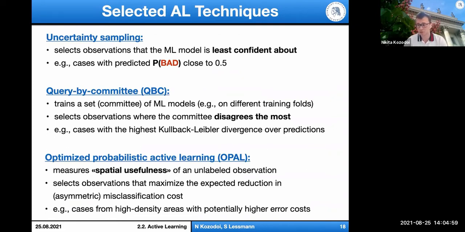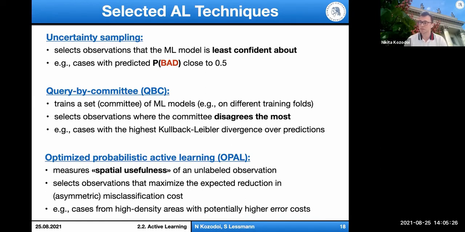I will not go into a lot of detail describing how they work exactly, but just to give you a rough understanding about the main intuition behind how these techniques work, I will explain the main ideas. So we look at 3 active learning methods here. One is uncertainty sampling, which is essentially a method that selects observations where the machine learning model is least confident